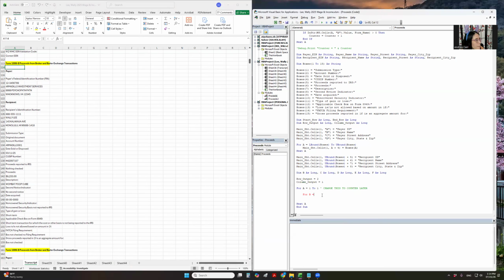It's somewhere in my mind. All right. N row to LR, which is last row. If InStr WS cells B, form name greater than 0, then